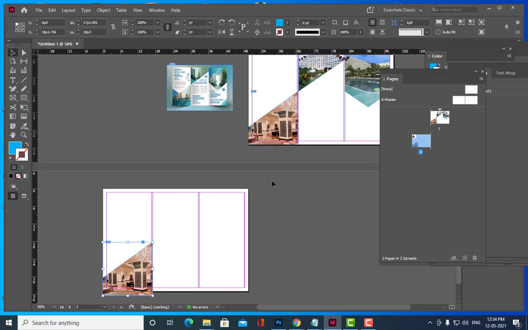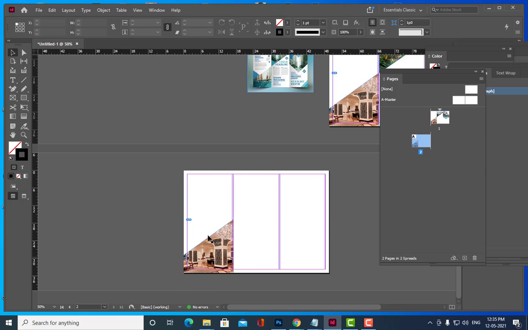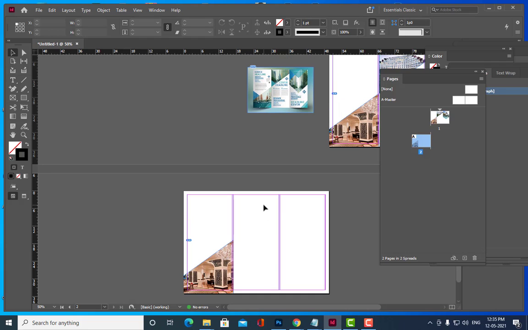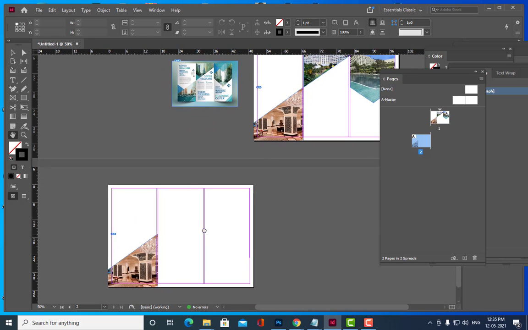See, I am exactly dragging the same image and putting it in the second page. But here we will change the image now. Is it clear, all of you? I will be changing the image in the second page.